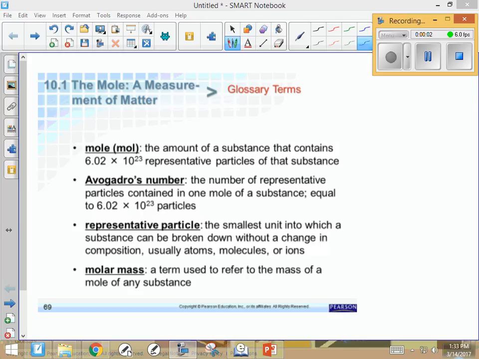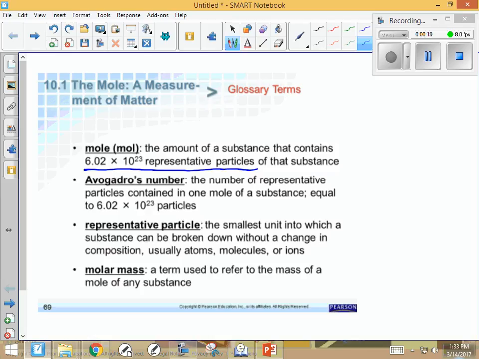Okay, before we start today's lesson on mole-mass relationship, I want to review the mole very quickly. 4 terms we're going to talk about. As you recall, a mole is the amount of a substance that contains 6.02 times 10 to the 23rd representative